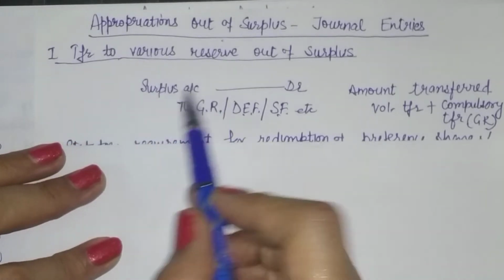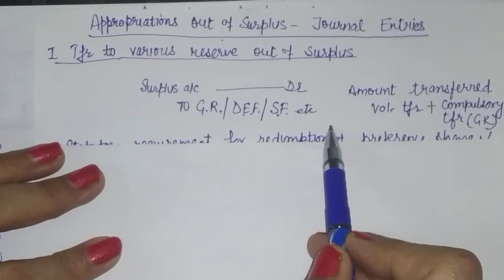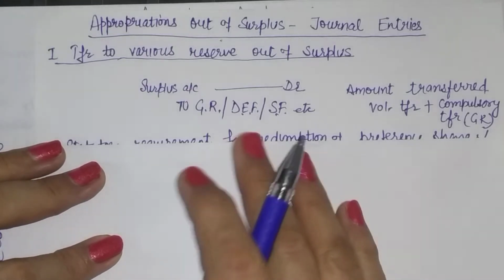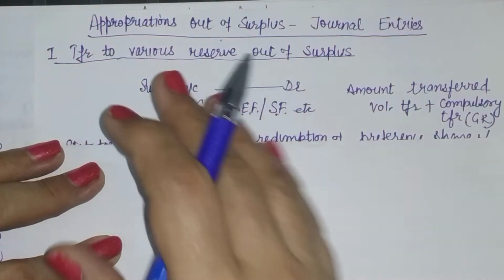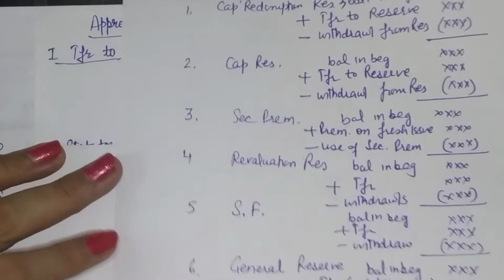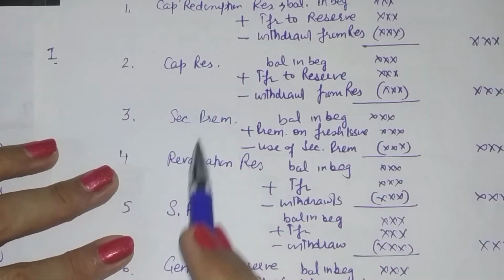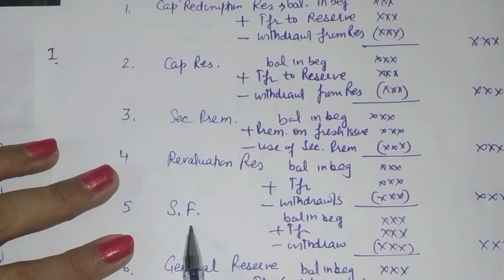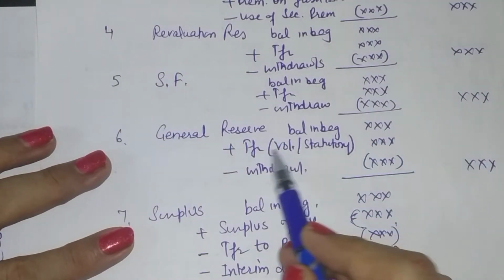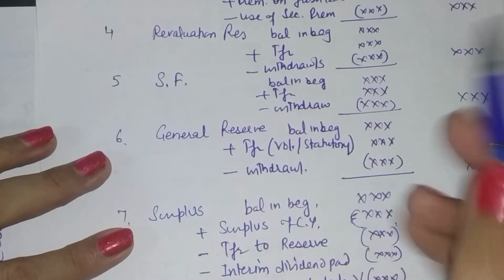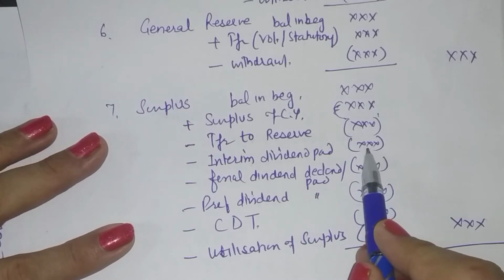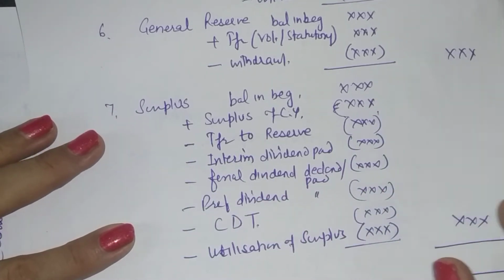So your journal entry is surplus account debit to general reserve or any other reserve for that matter. So the effect will be your reserve will increase and your surplus amount will reduce. So if we are not passing an entry and we are showing this adjustment through the notes to the balance sheet, then the effect will be in the relevant reserves wherever we are making transfers, be it sinking fund or general reserve, the amount will be added. That is transfer to reserves, transfers to sinking fund, etc. And in the surplus, the amount will be deducted, representing reduction in the value of surplus balance.